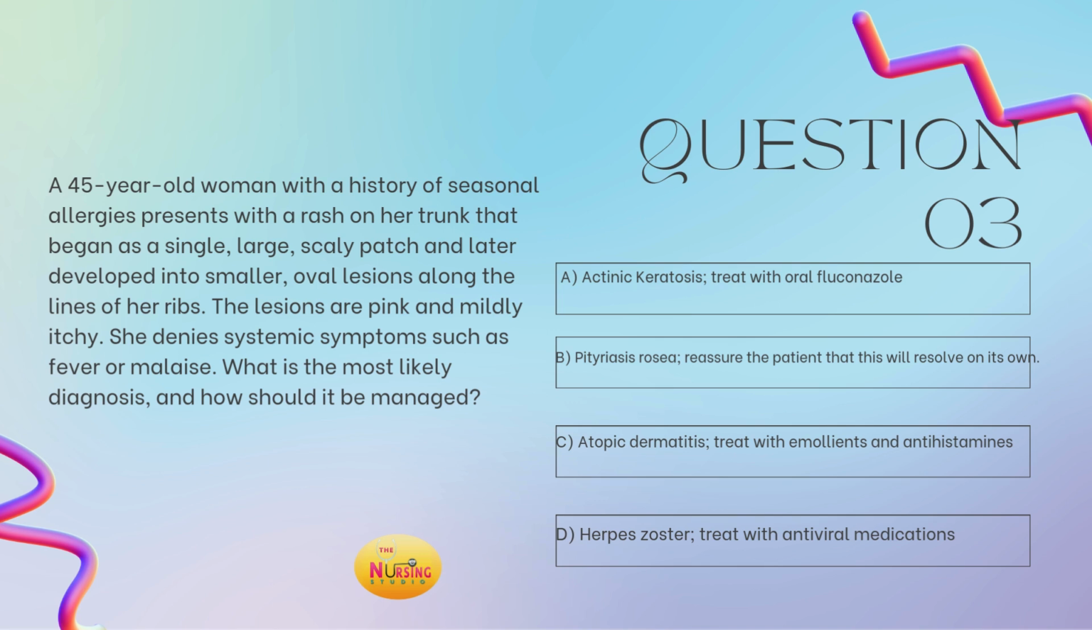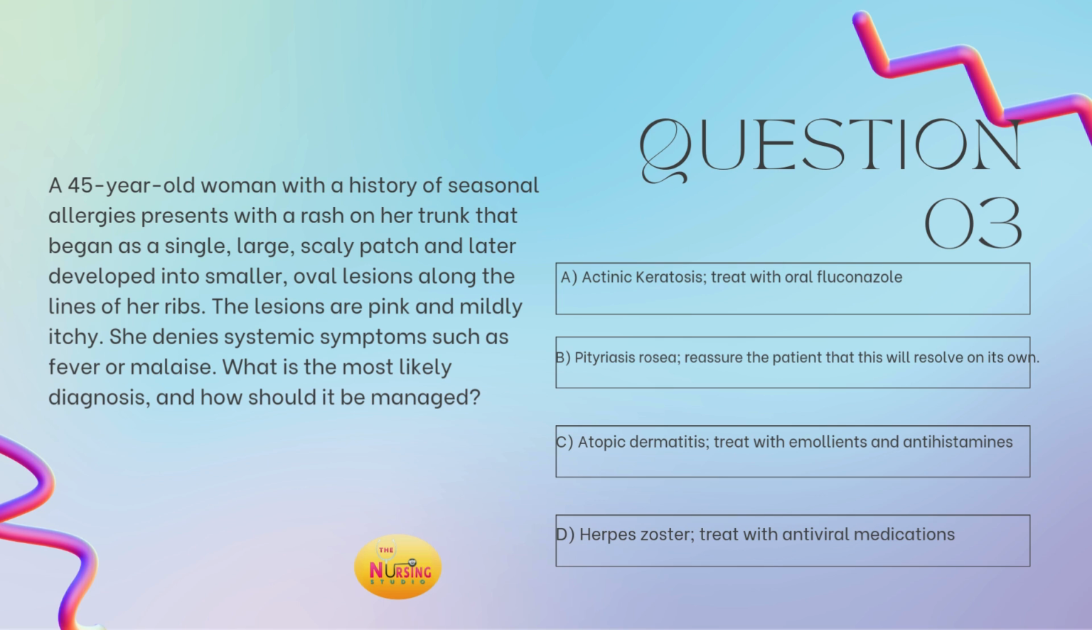All right, so the stem of the question here states, what is the most likely diagnosis and how should it be managed? So again, when they're asking for a diagnosis, we're looking at these assessment findings, right? So this is a 45-year-old woman. She has a history of seasonal allergies, and she's come in. She has this rash on her trunk. It began as a single large scaly patch and later developed into smaller oval lesions along the lines of her